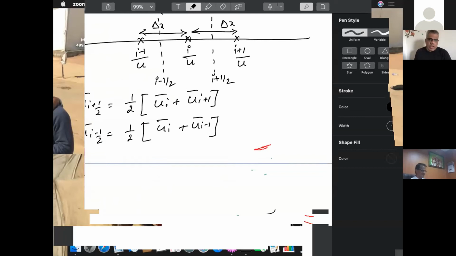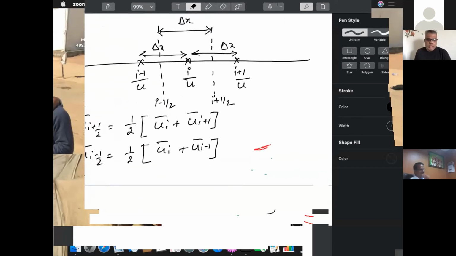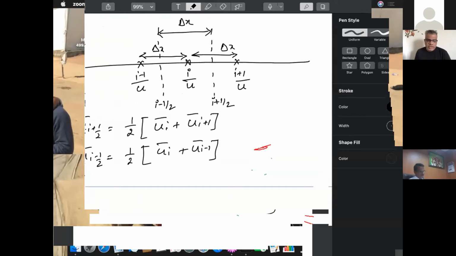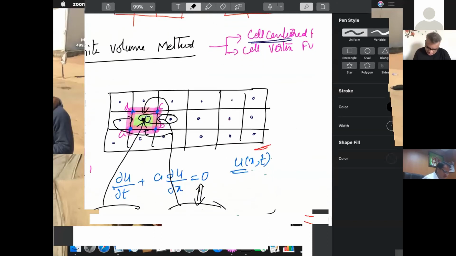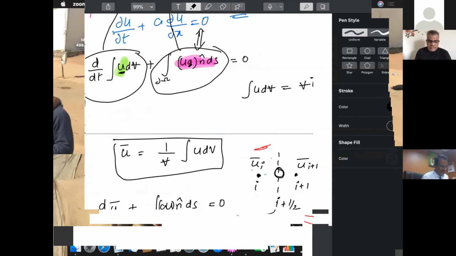Okay. So in the cell-centered method, this is the way you do it. In the cell vertex method, your information is stored at A, B, C, D. You have that integral, so you do a numerical integration between these 2 points. You perform a numerical integration between C and D to get the value of U on this line, and use that U in calculating this surface.